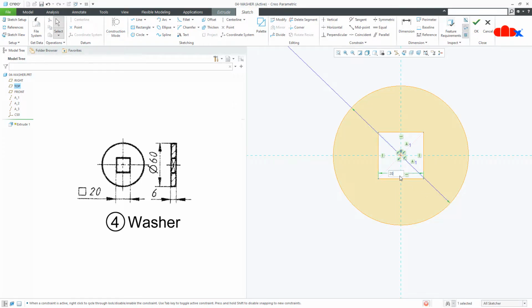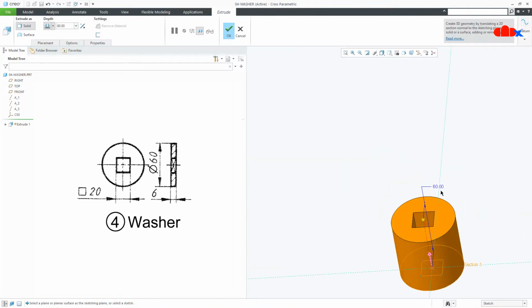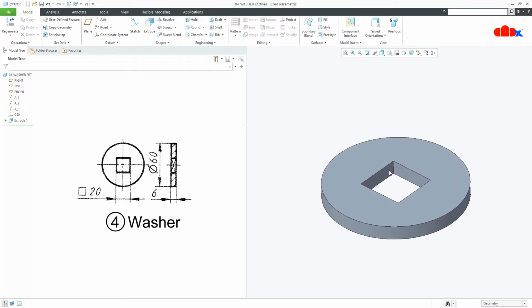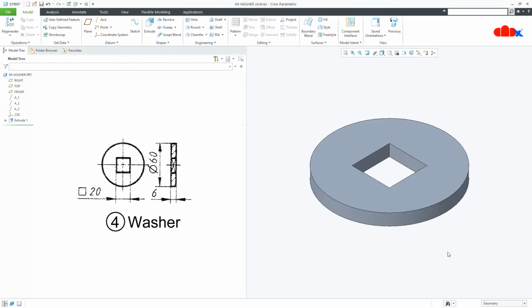This is 20, say OK. Now the thickness is 6, make it symmetry and say OK. And the part is done. Save it. So the fourth part is done.